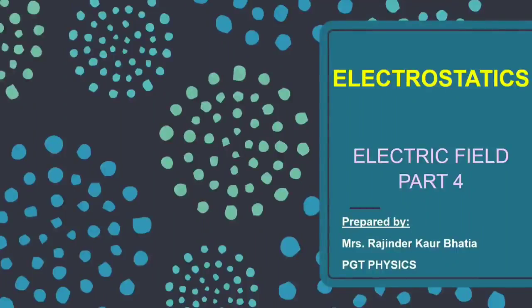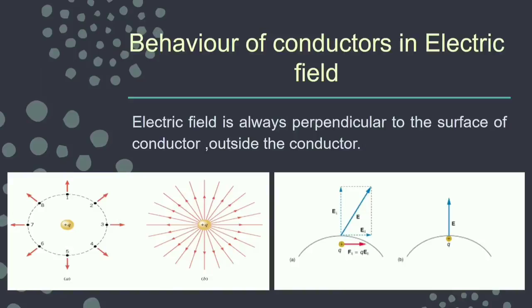Good morning, students. This is in continuation with the previous 3 lectures on electric field. We are talking about the behavior of conductors in the electric field. As we have done about the electric field lines, which are always perpendicular to the surface. So electric field lines are perpendicular to the surface of the conductor, because as we have discussed earlier, if